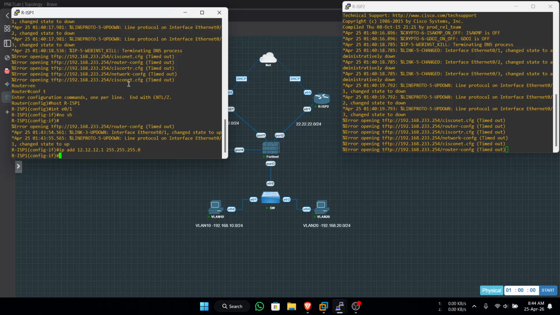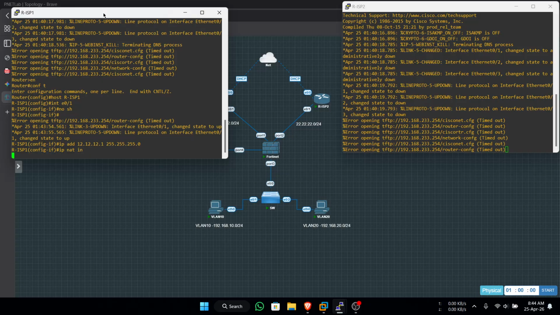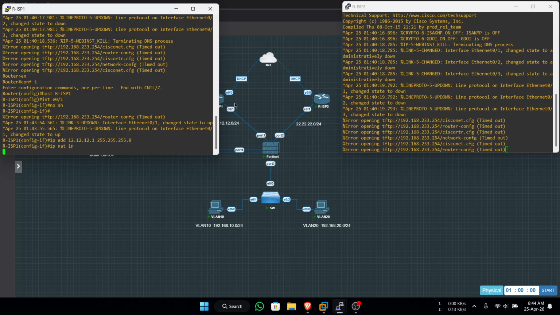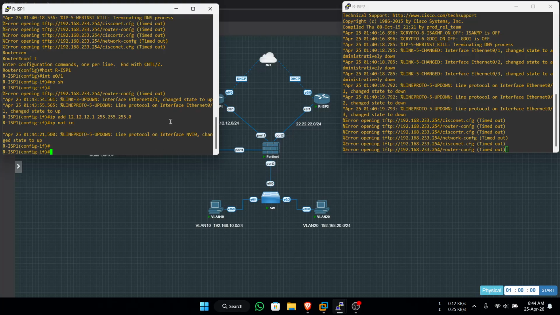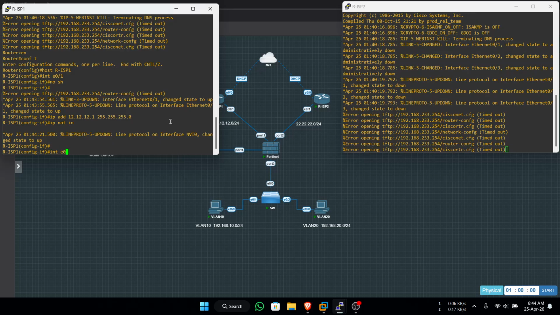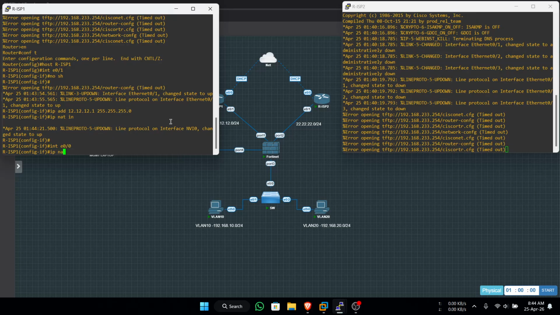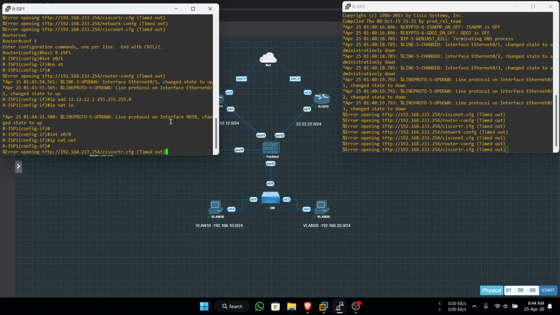Okay, next is ip nat inside. This is inside and this is outside, so configure ip nat on every interface. Interface 0/0, ip nat outside. After that you exit.